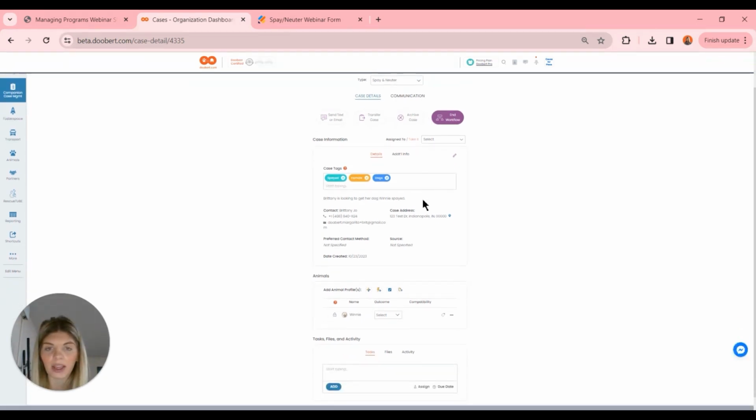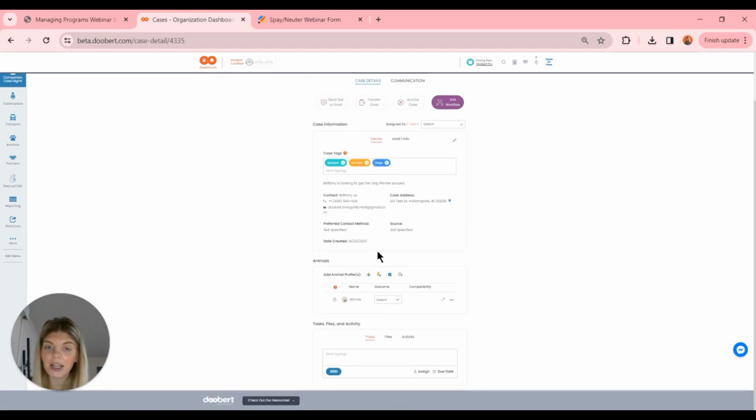And then scrolling down, we have a case tag for what the applicant is looking for. They're looking to have their pet spayed, the pet's a female, and they're a dog. So we can have your forms automatically put these case tags in. So definitely keep that in mind. And then just information about the case itself, what they're looking to do, can really be what you put in the case description or any other extra information that you might collect on, say, for your approval process or whether they're on a wait list, anything like that. And then right here we have our contact information that we wanted to collect. So we have their name, phone number, email address,